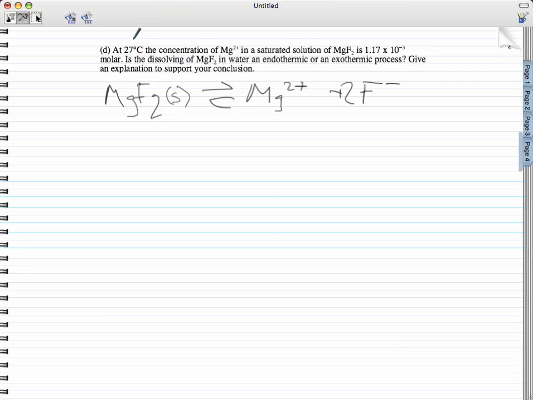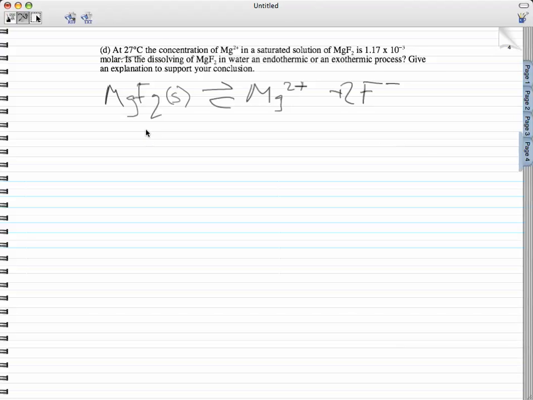If you change the temperature, you're going to change the equilibrium constant, the value for Ksp. It's going to shift this equilibrium in a different direction. Anytime they ask us about endothermic or exothermic when we're talking about equilibrium, we need to think about which direction this is going to shift. Okay, so if the concentration of Mg2+ at this 27 degrees Celsius, so it's saturated, it's at equilibrium,